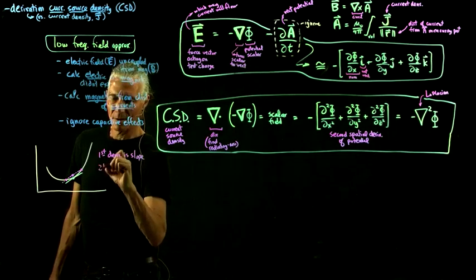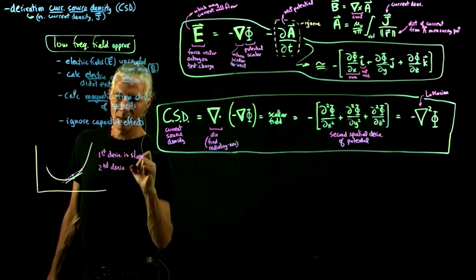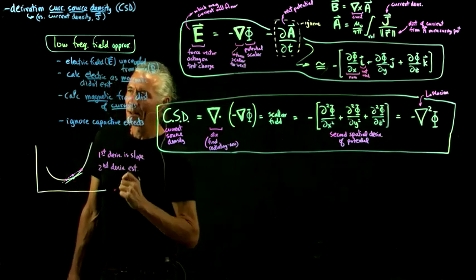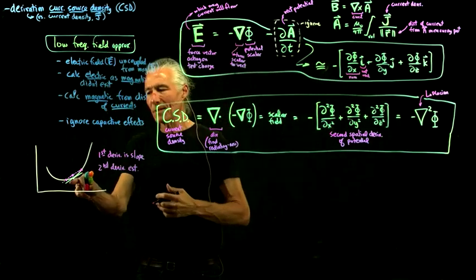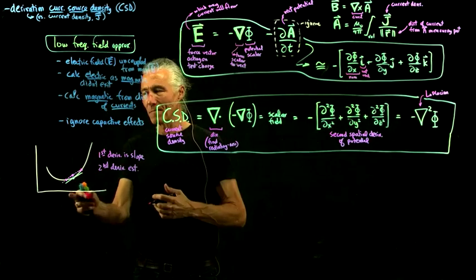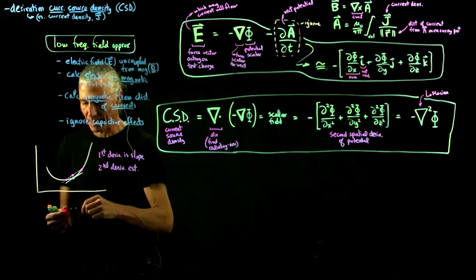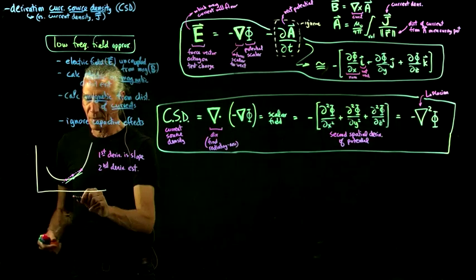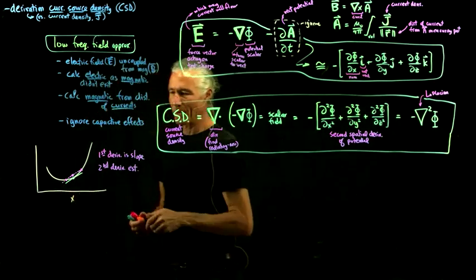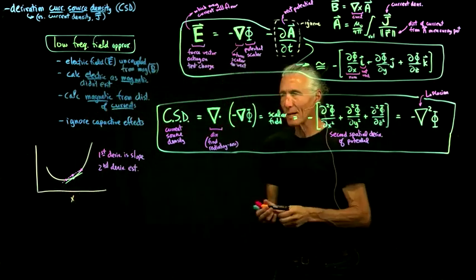So second derivative is estimate. So what's the second derivative? You write an equation for the slope as a function of x, say it's x down here, and then you take the derivative of that equation, and you get the second derivative. But how would you actually estimate it in practice